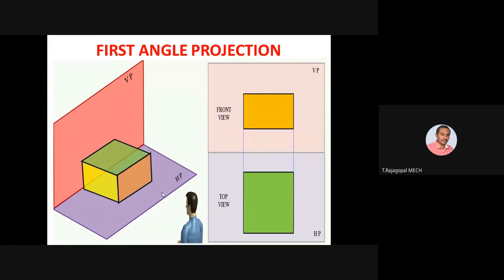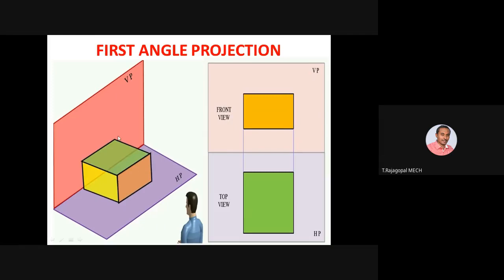Now we can check it. What is first angle projection? Nothing but the object is located in the first quadrant. The observer is standing here. From the observer's point of view, they can see this brown colored rectangle, which is the front view. If you want to draw the top view, this green color will be the top view of the observer. After rotating the horizontal plane by 90 degrees in clockwise direction, what will happen? This green rectangle projection, which is lying on the horizontal plane, will go in the downward direction.